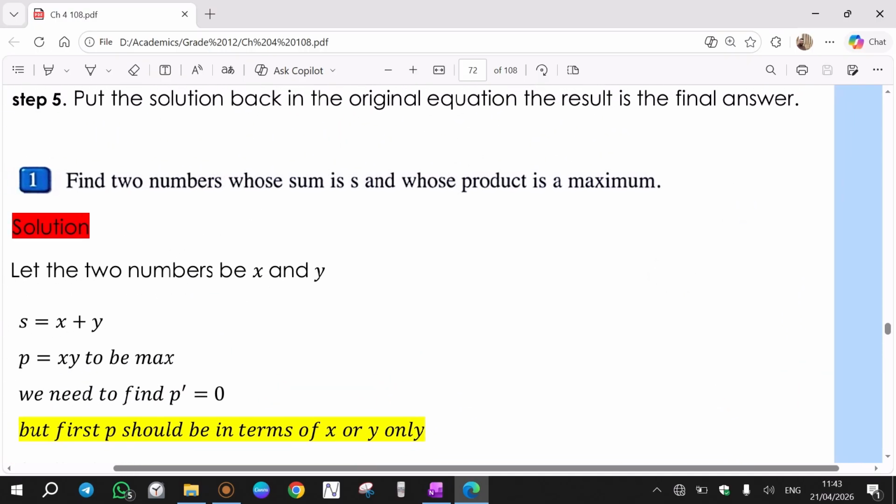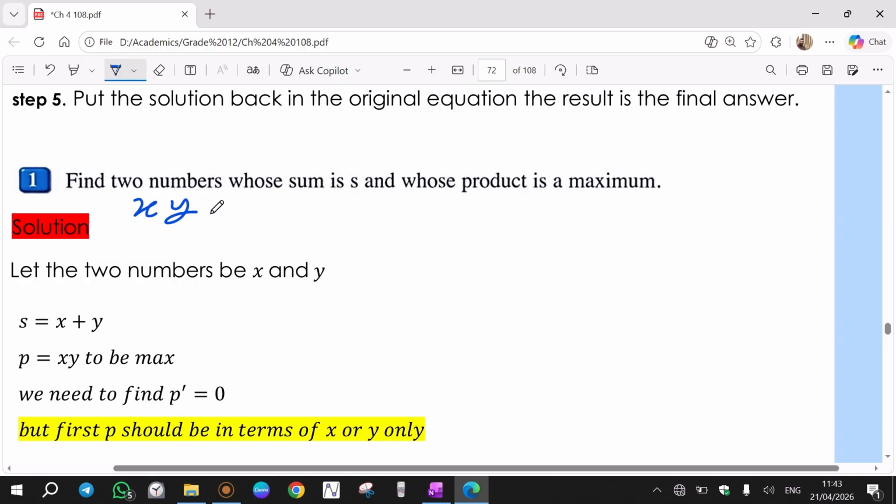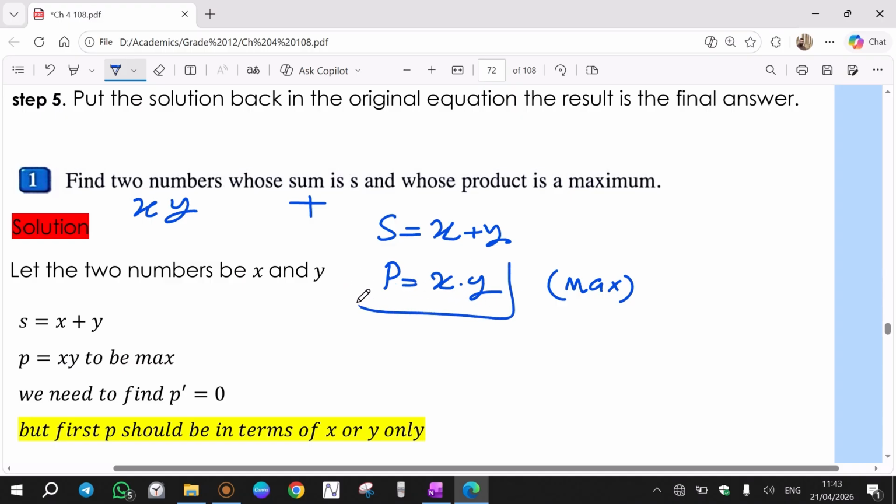Let's start with this first question. The first question says find 2 numbers, x and y, whose sum is s, and whose product is maximum. That means I have x plus y equal to s, and I want the product, which is x times y, to be maximum. So if the product is going to be maximum, then we should do the derivative of the product and then